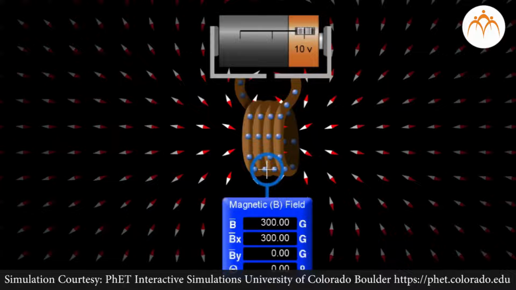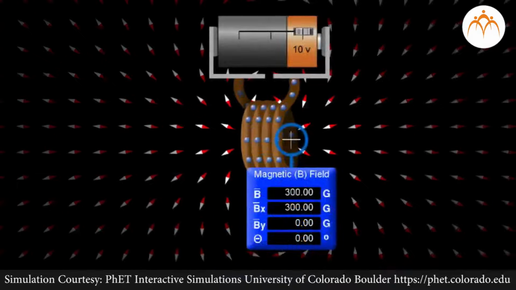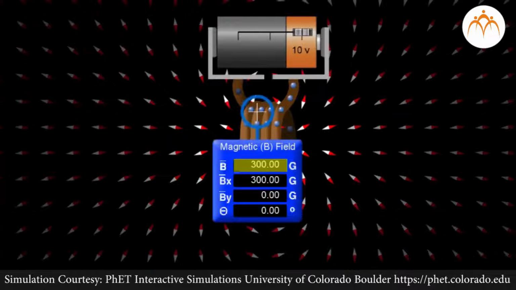This is very similar to a bar magnet, which has north pole at one end and south pole at the other end. Intensity of the field inside the solenoid is uniform. Let's measure it with the help of this simulation. You are aware of the magnetic lines of force of a bar magnet. The properties of the magnetic field of a solenoid are very similar to the magnetic field produced by a bar